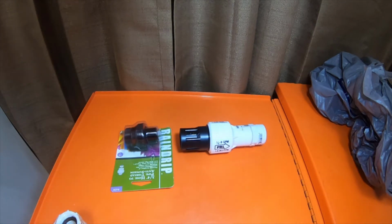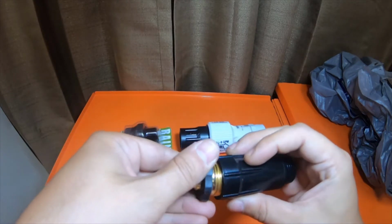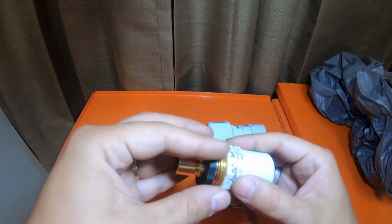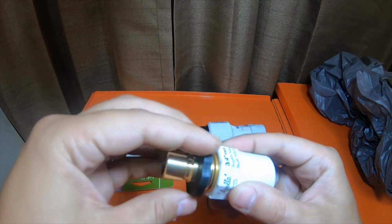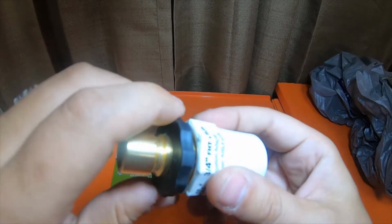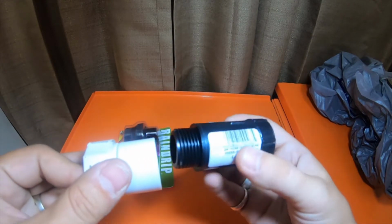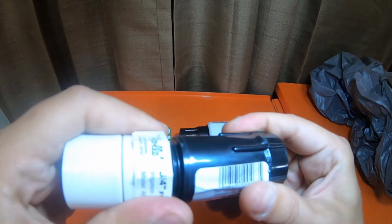And I'll just give you an idea. Okay, that one doesn't thread right. Let's see if it threads to this one. Yep. So that gives you an idea. This would thread to the faucet. If I can show you guys, it threads to the